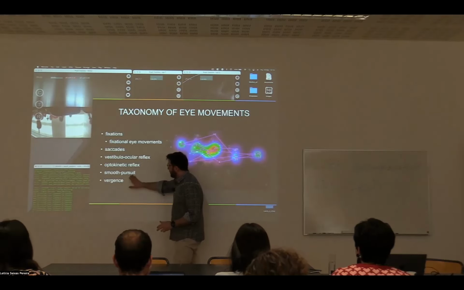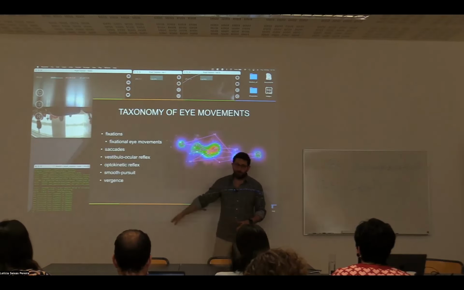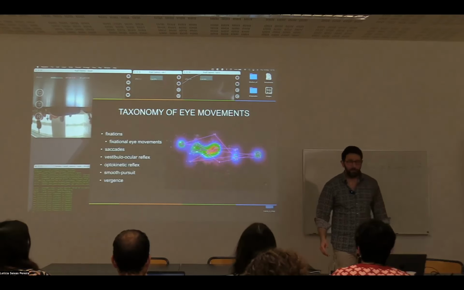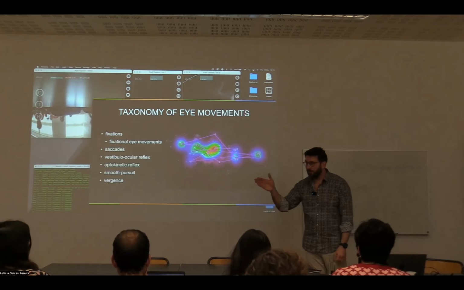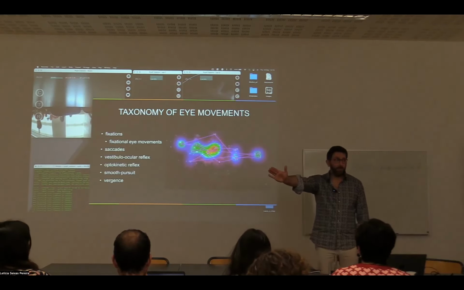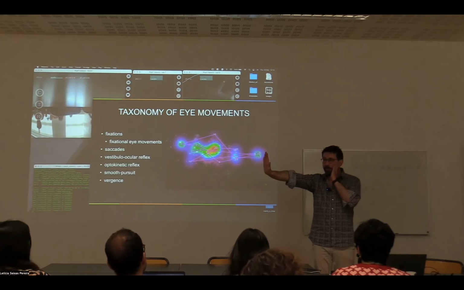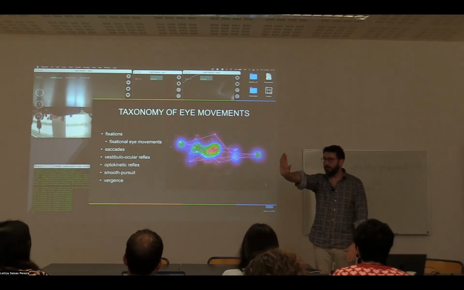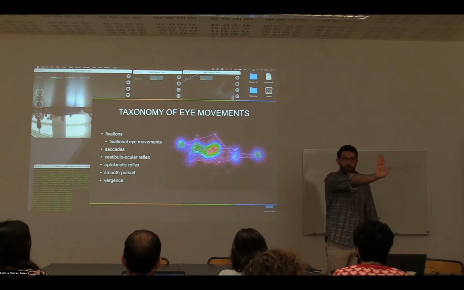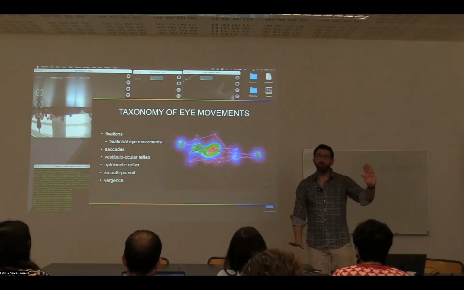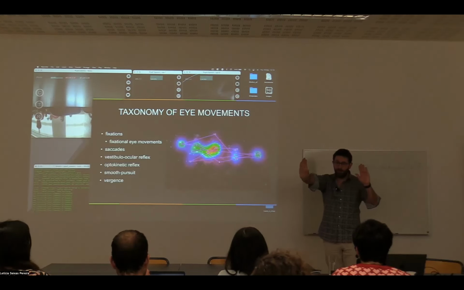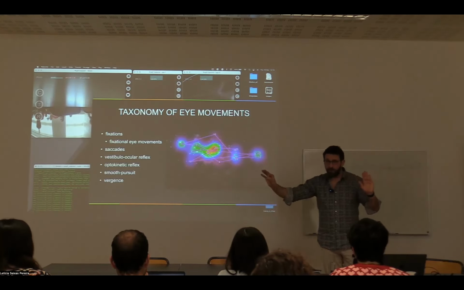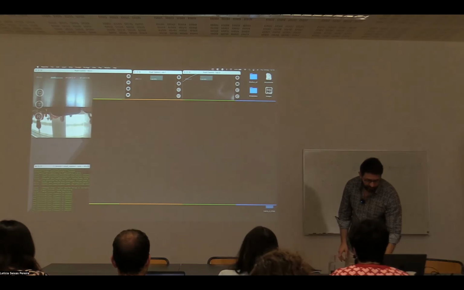One I would like to also point out here is smooth pursuit, which I will show you in a moment, with examples of how it is used. Smooth pursuit is a constant eye movement when you want to follow somebody or something. When I want to follow my hand and keep my head still, I do slow eye movements. That's called smooth pursuit. So I still keep the vision of my hand, but I don't do jumps like I would do with fixations.